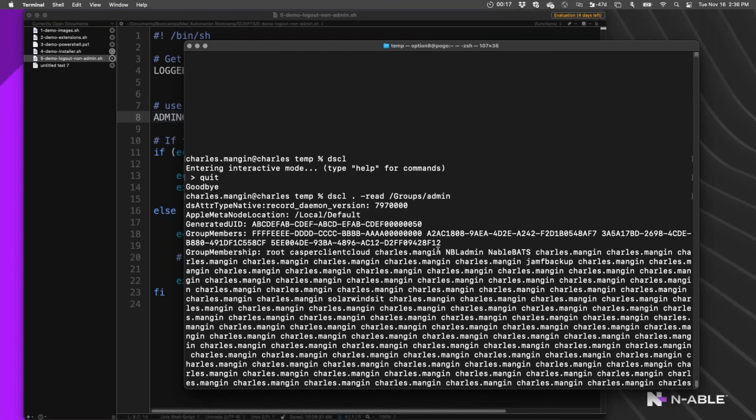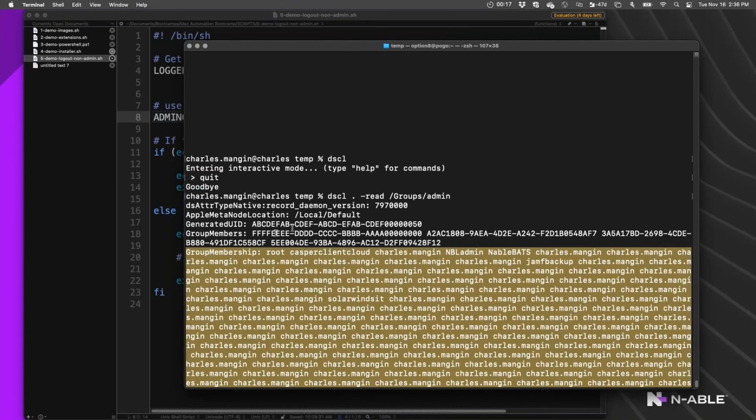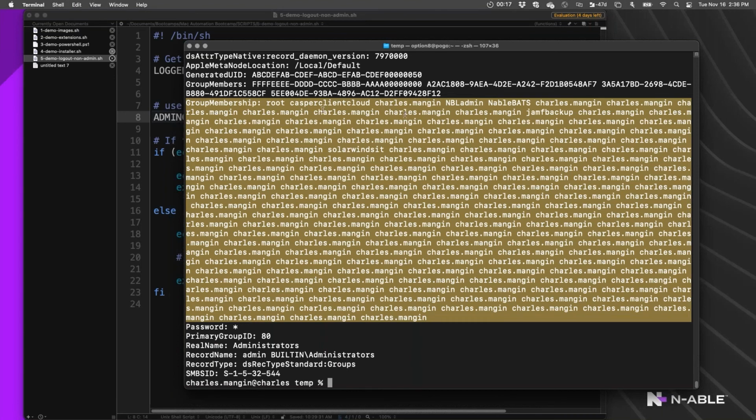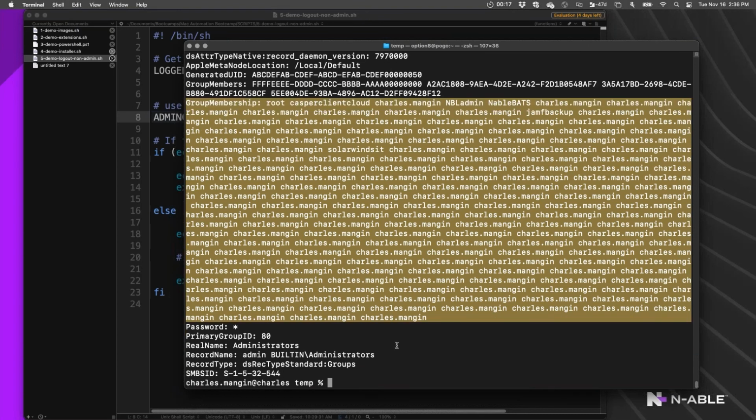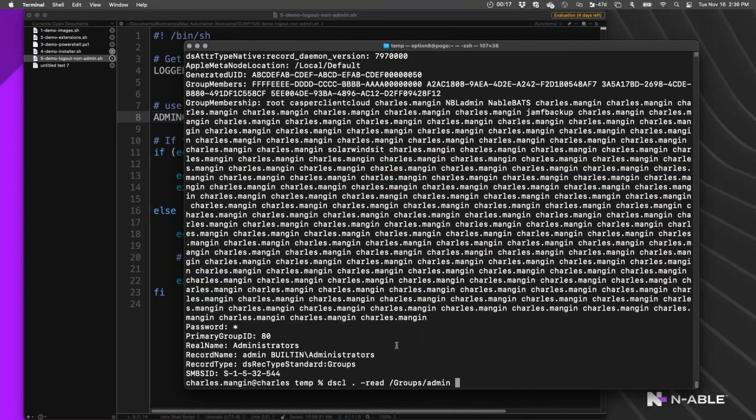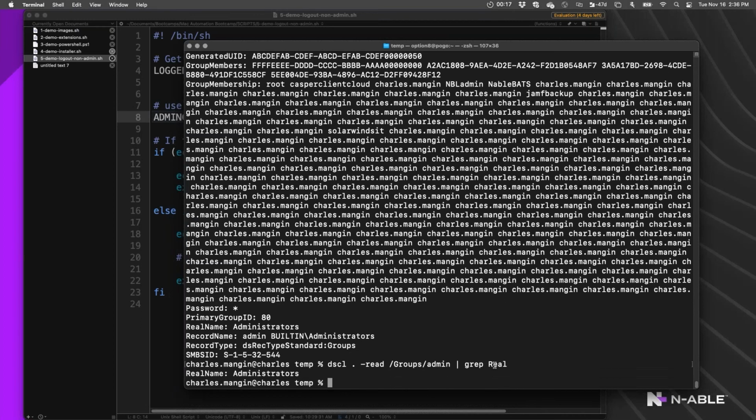And what I really want to do is look for this line that says group membership, because that line there is the list of members in the group. I'm not interested in their UIDs and I'm not interested in the group IDs and all that kind of stuff. So if I take that output, with the pipe, I'll put it into the grep command. Let's say I want to grep for the term real.